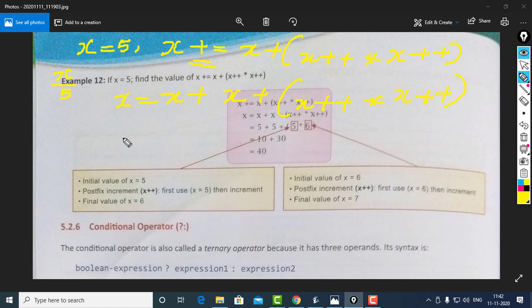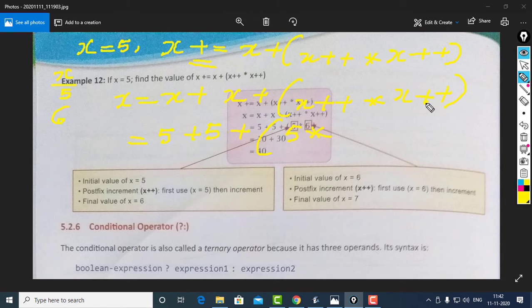So this we need to solve. The current value of x is 5. Then again we are using x, that is 5, then plus, then x++. Here the postfix notation, so we can directly use the value of x, that is 5, then we will increment to 6, then multiplied by again x++.